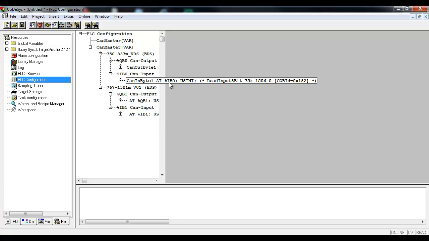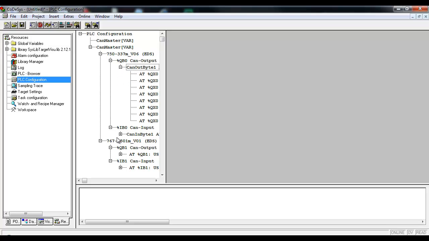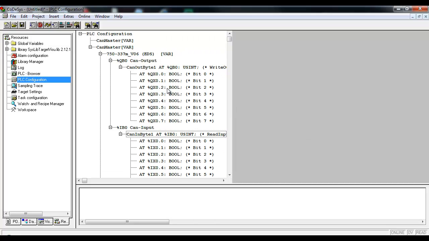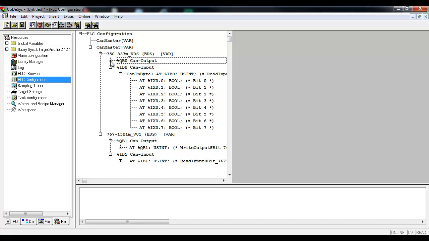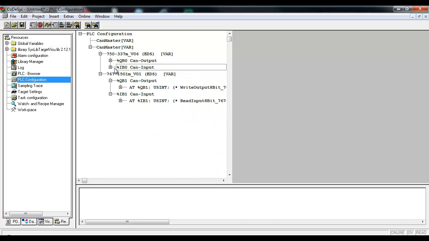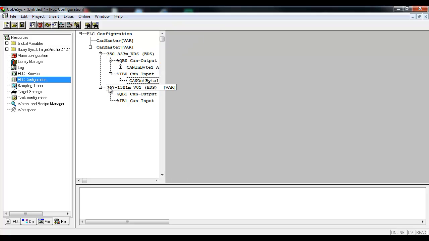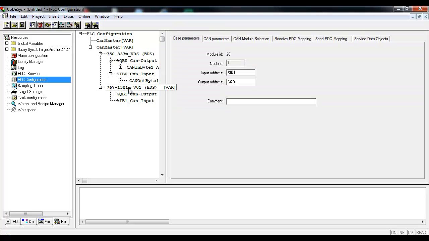Okay. So now we can actually point the data that we're going to create right into the entire byte, or of course we could always go down to the bit level as well, and you can see the addressing on here with regards to that, assigning variable names or pointing variables to these addresses as well. But just to simplify things, we're just going to point it to the entire byte. And then on the 767-1501,